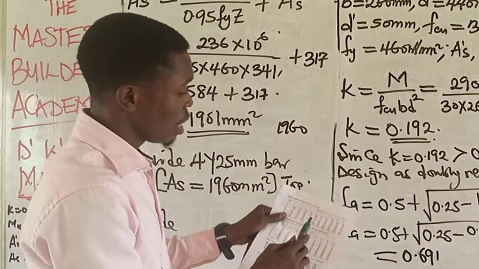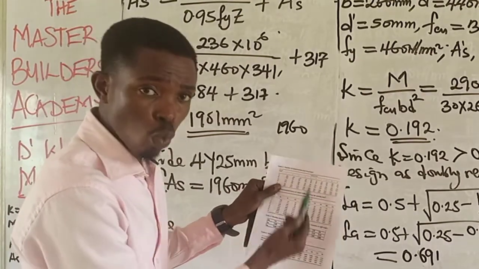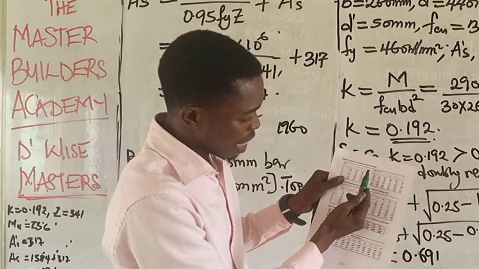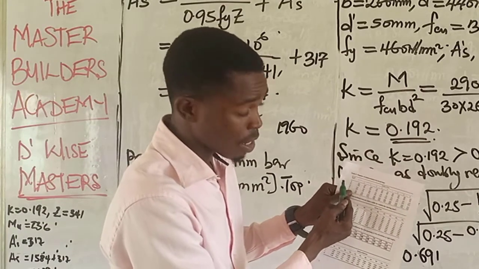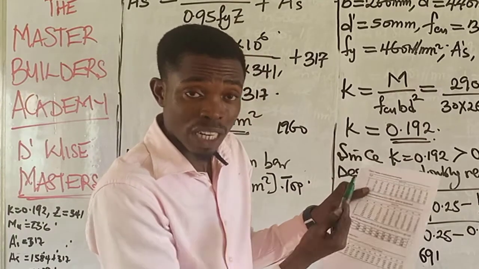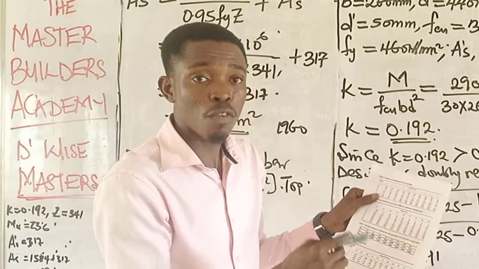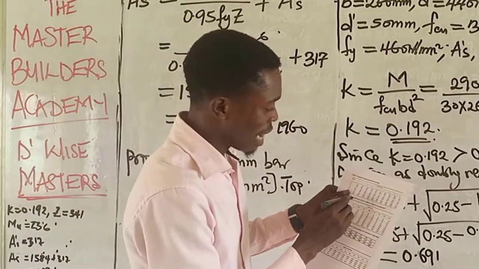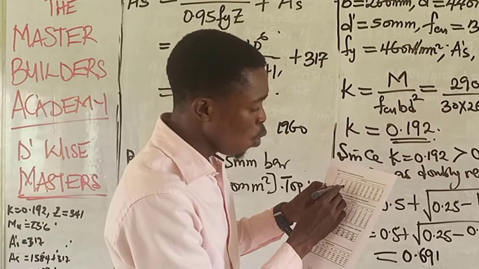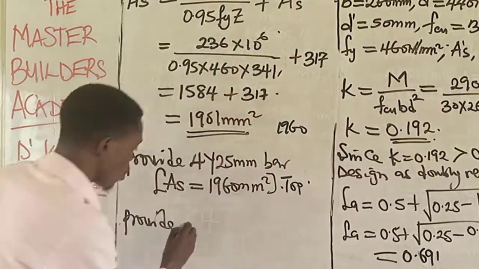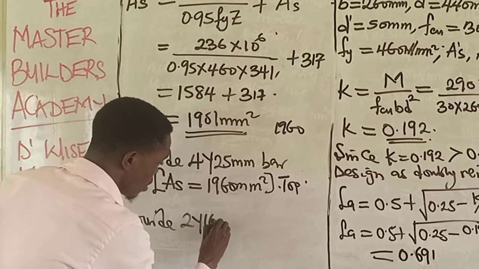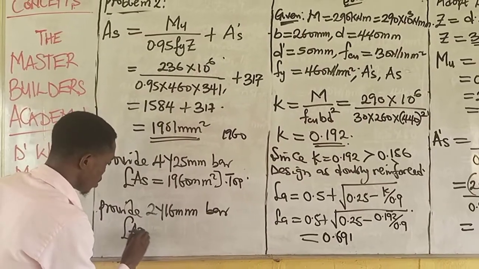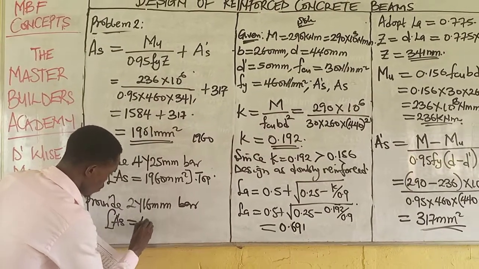Now from here, for 317, I have 452. I'm using number 4. As you trace down, you have 452, and the bar size corresponding to that is 12 mm. So you can use 12. Then 4Y12. Then another person can say, okay, I will not use 4Y12, let me use 2. Then when you come and trace for 2, you will have 2Y16 for 402. So you can say, okay, provide 2Y16 millimeter bar, and the area corresponding to this is 402